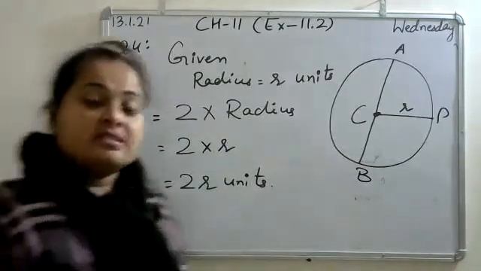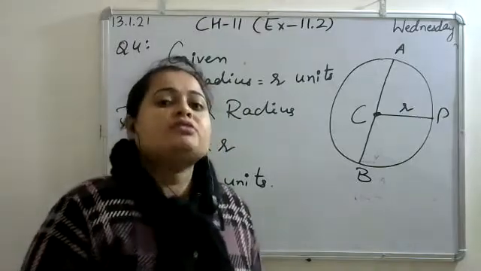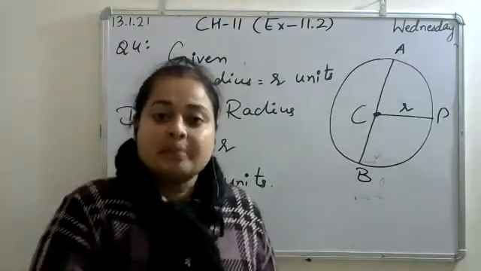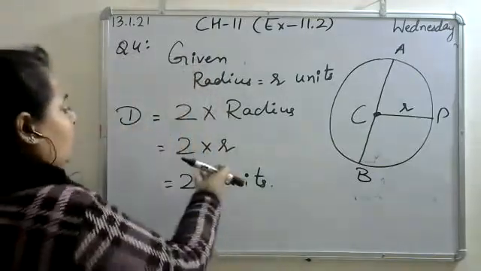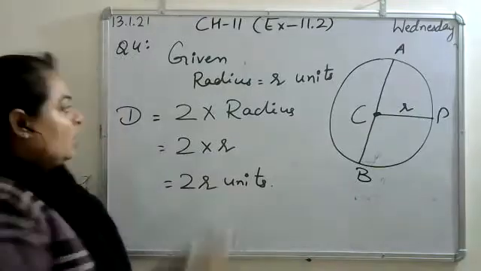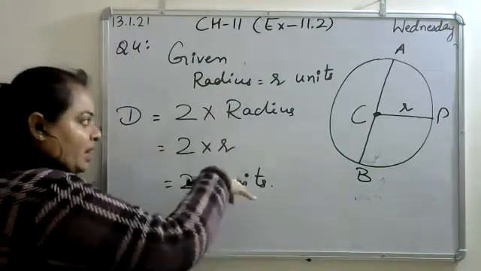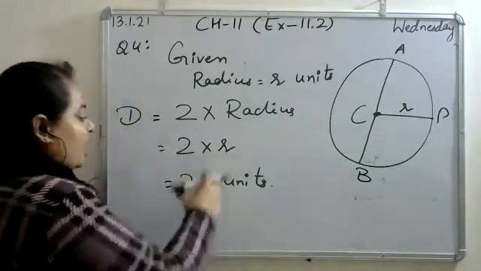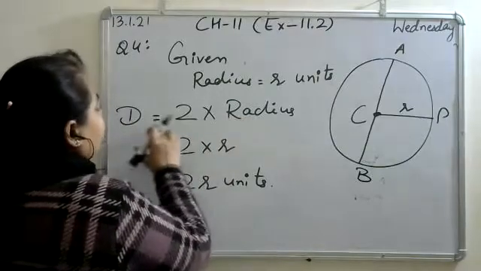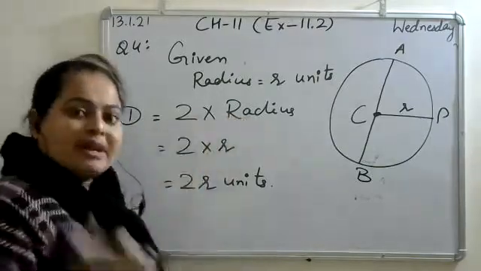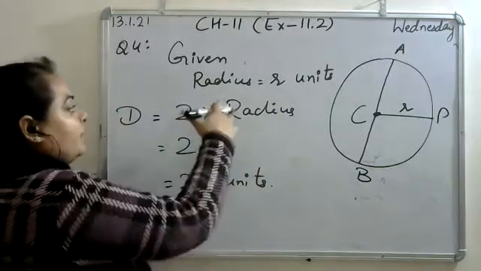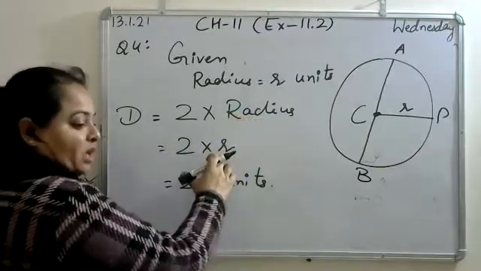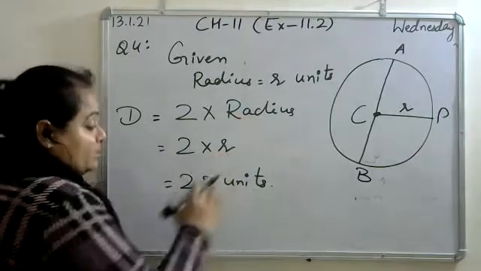So exercise 11.2 is based on the formation of formulas in terms of algebra. This formula you have already done. The only difference is that in algebra you will write this using a variable. And what variable did you use? R. Otherwise we would just write diameter is equal to 2 multiplied by radius, but the question is to express this in terms of algebra. So radius is given, in terms of radius you will put r, so the result is 2r units.